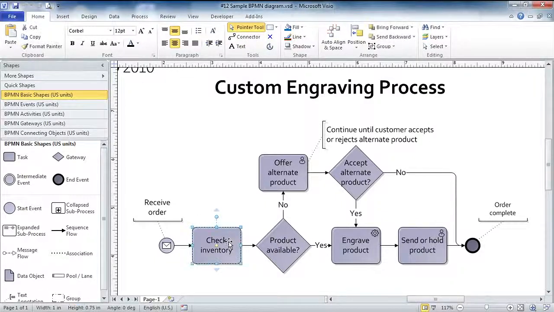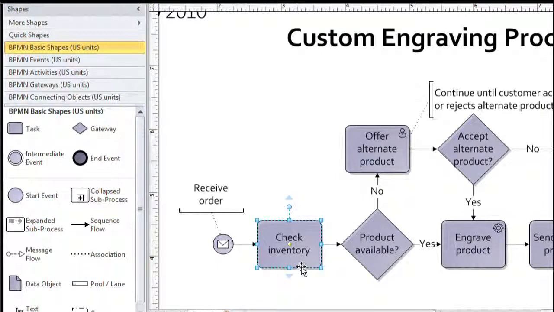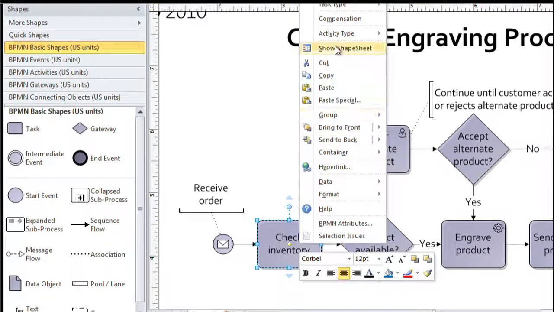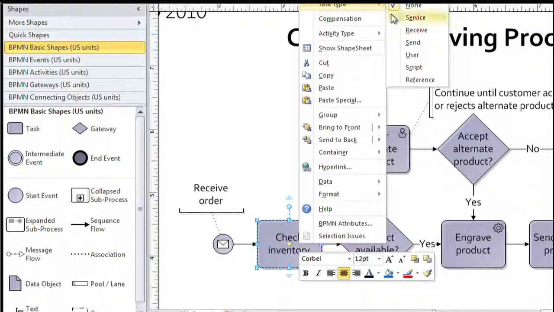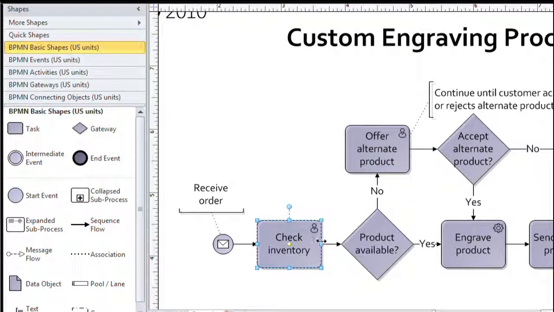To demonstrate that these BPMN shapes have a fair amount of intelligence built in, I'm going to click on the check inventory shape. Now I happen to know that in this particular company, this is a process done by a person. So I'm going to right-click on the shape, and these shapes provide a way for me to tell that this is done by a user. So I select User from the menu, and notice a little person icon appears in the upper right corner of